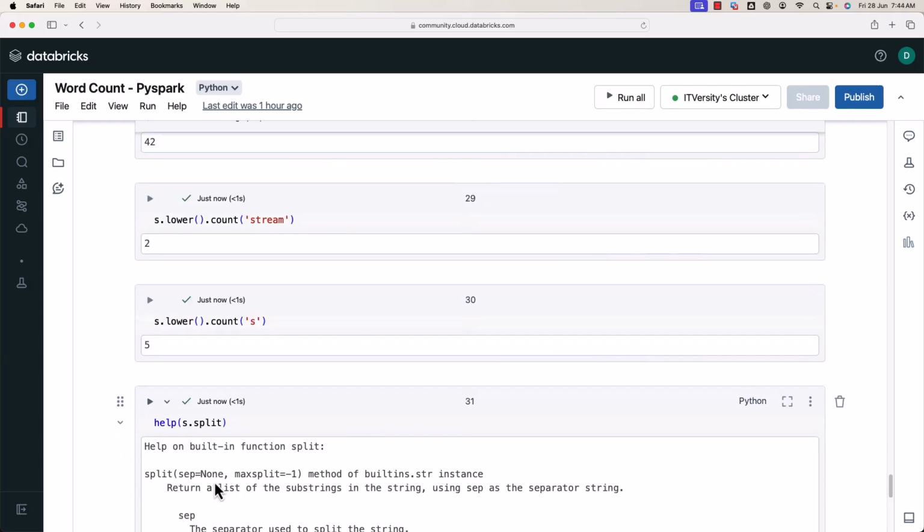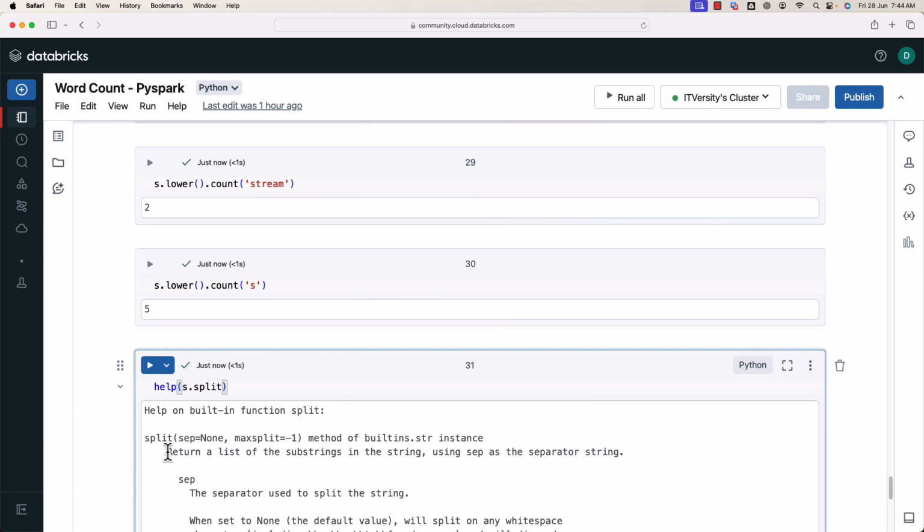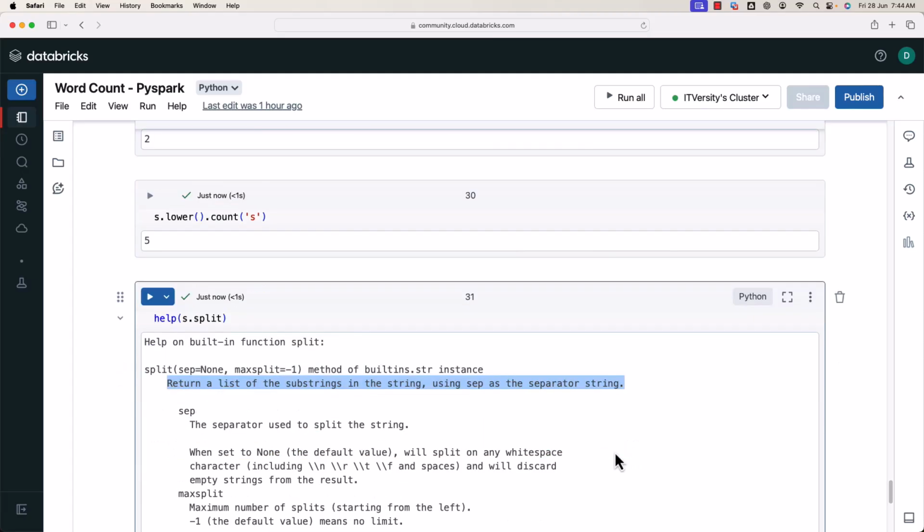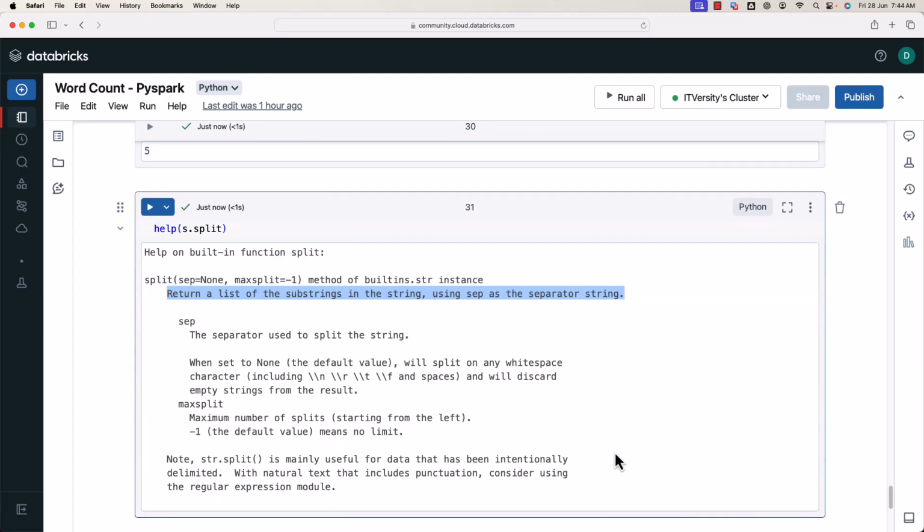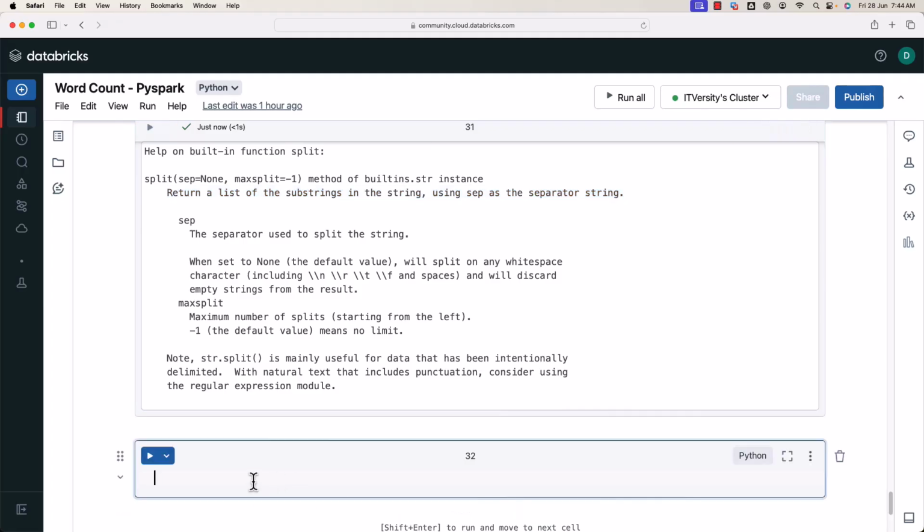You can see it takes a separator as argument or delimiter as argument. Then it will actually split the entire string into a list of multiple substrings. You can see here, it returns a list of the substrings in the string using sep as the separator string. In this case, let's assume space as separator. Then if you say